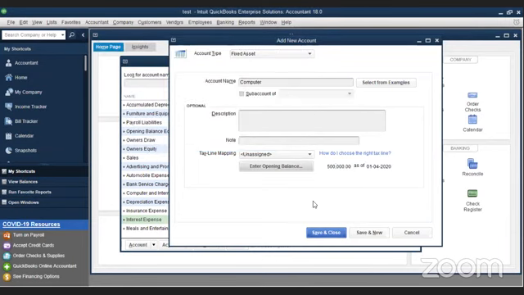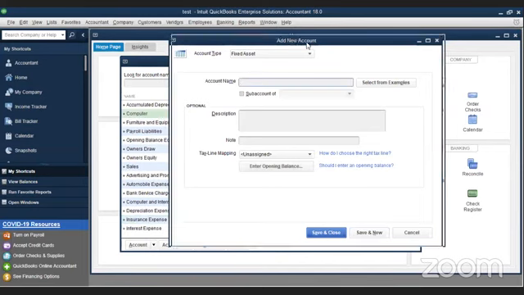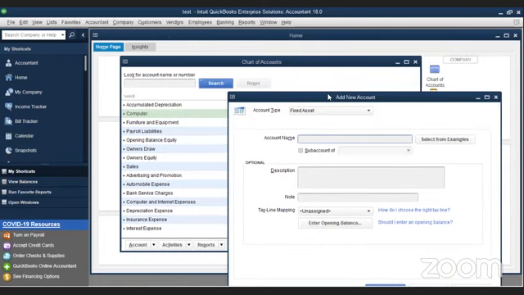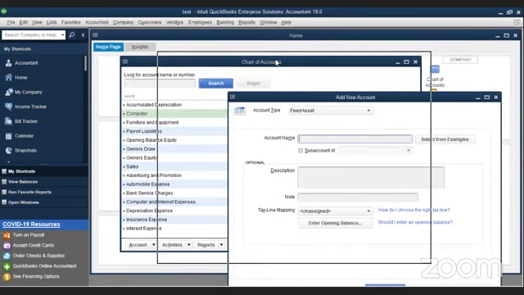Now, if you have further assets, you can simply click save and new and enter another one. If this is the only fixed asset you have, you can always save and close. So just for additional purpose, I'm going to say save and new. And if you move the screen, you can see your line item computer has already been created. So I'm going to add another fixed asset.